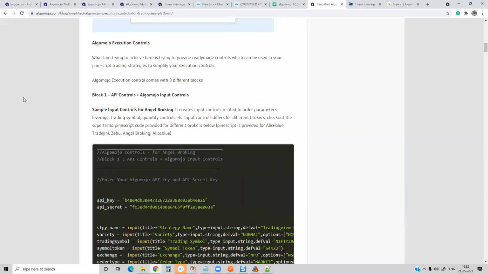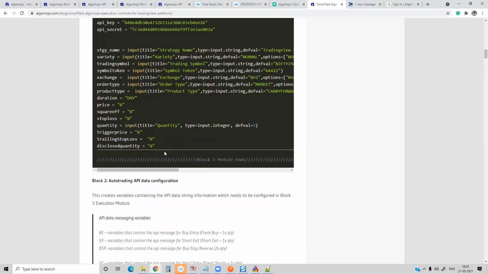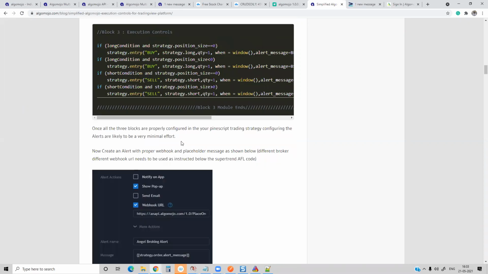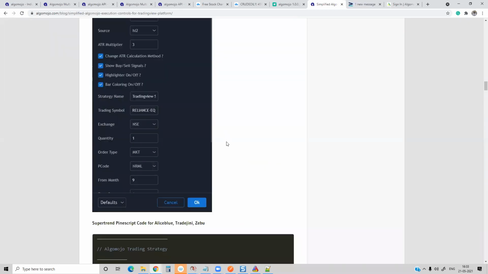I have given the modules for all the brokers: Alice Blue, Trajini, Zebu, Angel Broking, and Upstox. One has to take a little bit of time to read the article, because I have given separate coding for Angel Broking, separate coding for Upstox, and separate coding for other brokers as well.